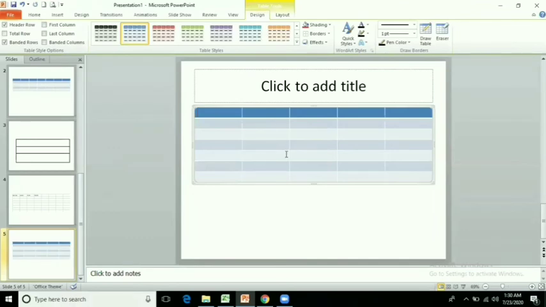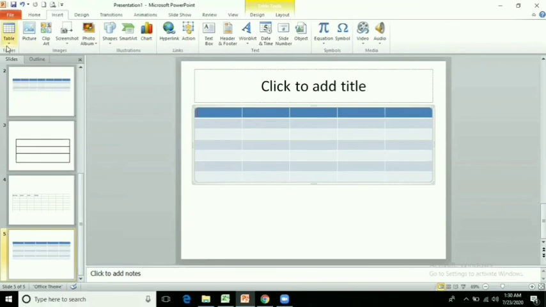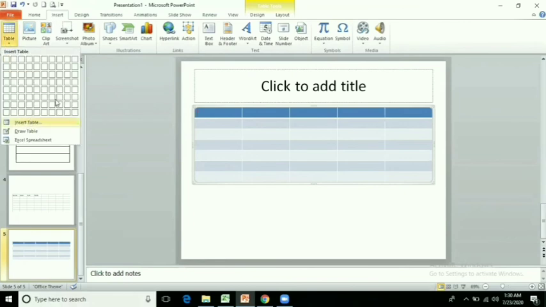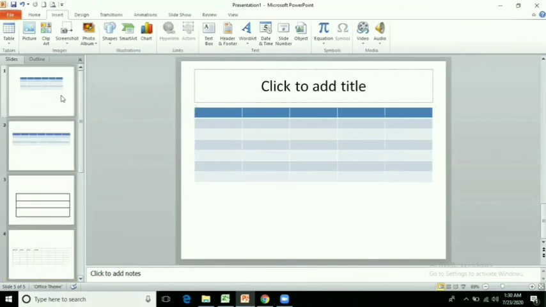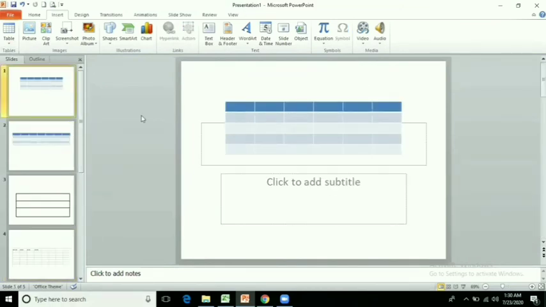So you can just click on it, or you can go to the insert and then table and then insert. So same like that. So these are the different ways to insert a table. So today we have discussed only how to insert table in presentation.